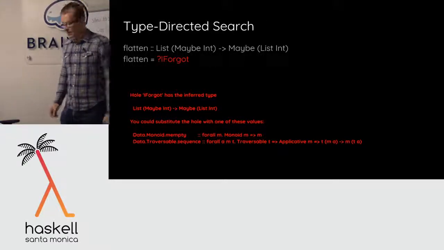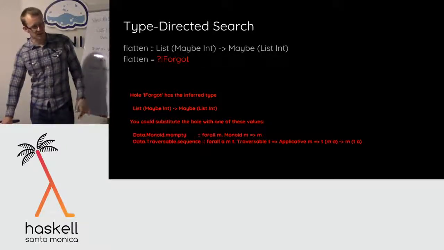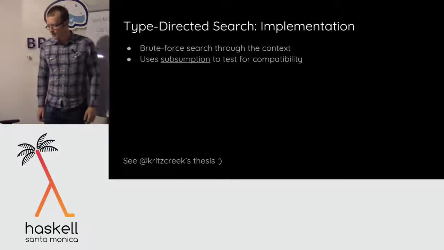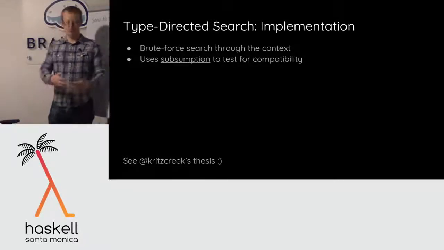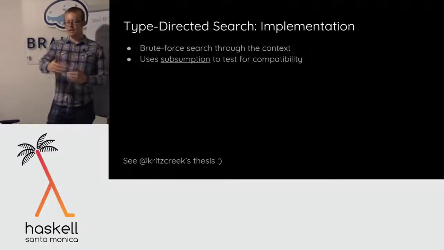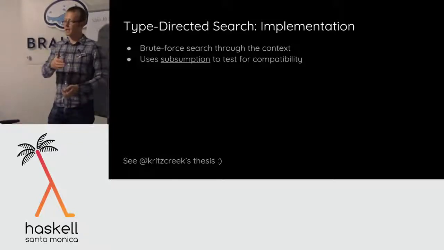So it's like a nice little addition to the type checker, I think, that really helps. I use this all the time. It's one of my favorite features in PureScript. Really helps a lot with type-driven development. And the implementation is really straightforward to describe. You just basically go all the way through all the terms in the context. You use the subsumption judgment to check every type against the thing you had in the environment, and if the subsumption judgment doesn't throw an error, then it's a match and you report it. And then at the end, you just repeat the cleanup process, just to make sure that in the process of testing this thing, you didn't have a column escape or something.